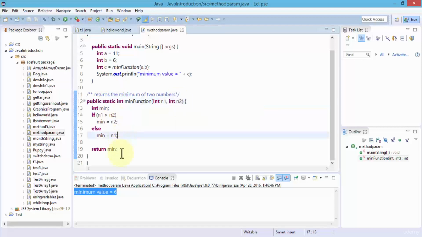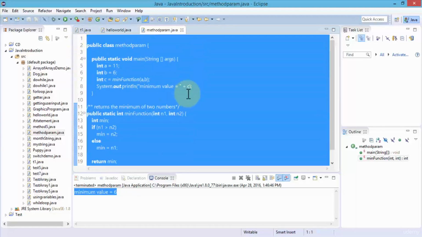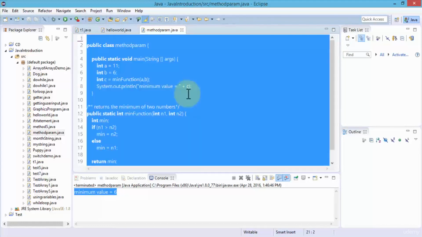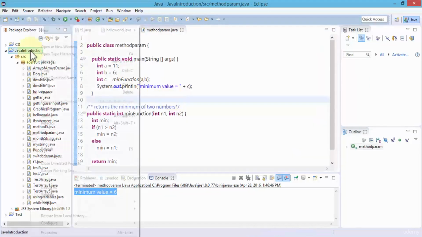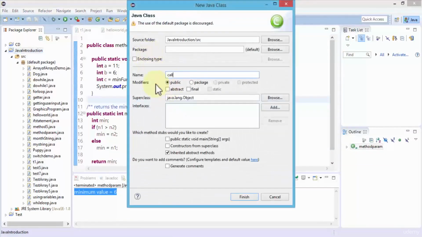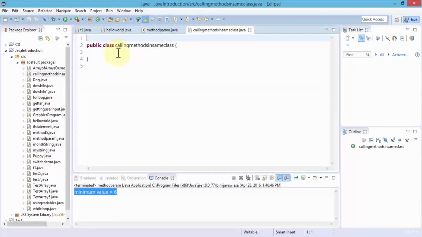Let me in fact show you this. So let me get rid of this code here. Put a comment here quick. So we'll be calling methods in same class, or in fact let me create a new class so we don't have to delete this code. I'm just going to right click, choose new, and then click on class. I'm going to call it calling methods in same class. Click finish. Great. So we have a public class,